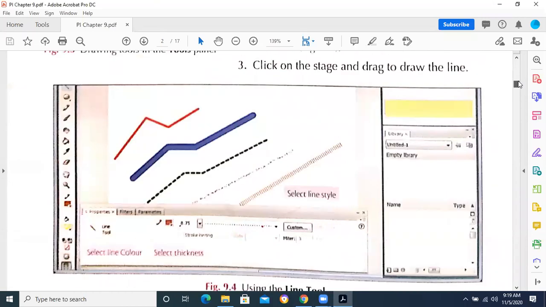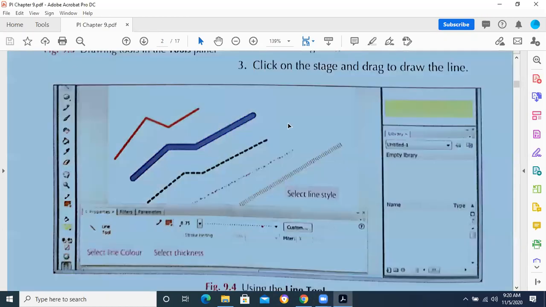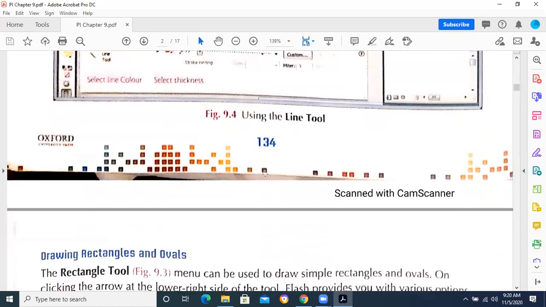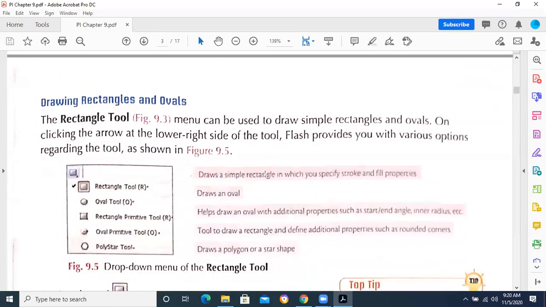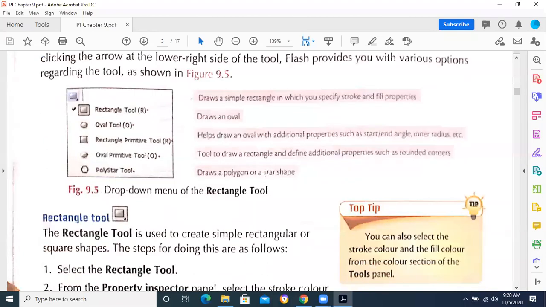Then we said that there is a line tool with different patterns. We saw all these properties. Nothing is there that I left. I explained all these things practically so that you can understand all these tools, and you can practice them. I am regularly giving you the videos of the lessons as well. The videos are given to you in your Google Classroom. You can go through them if you want to revise anything that is not clear to you related to any tool.